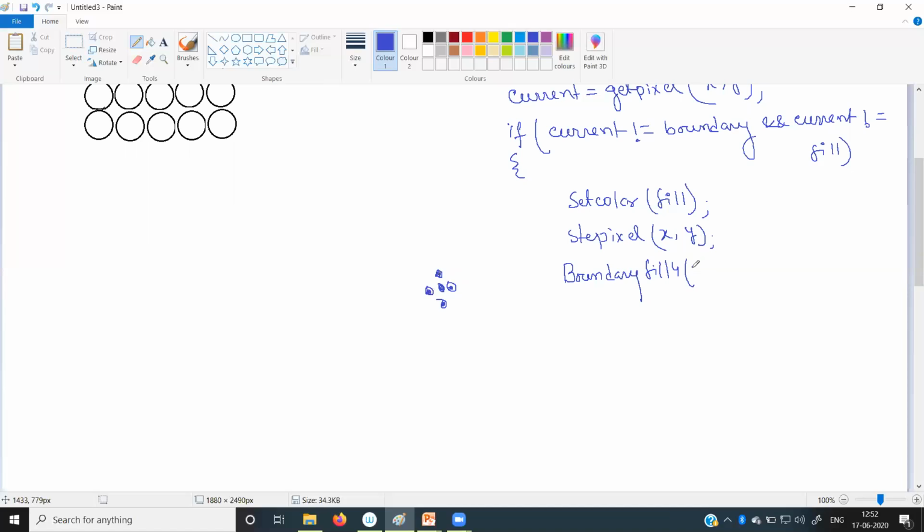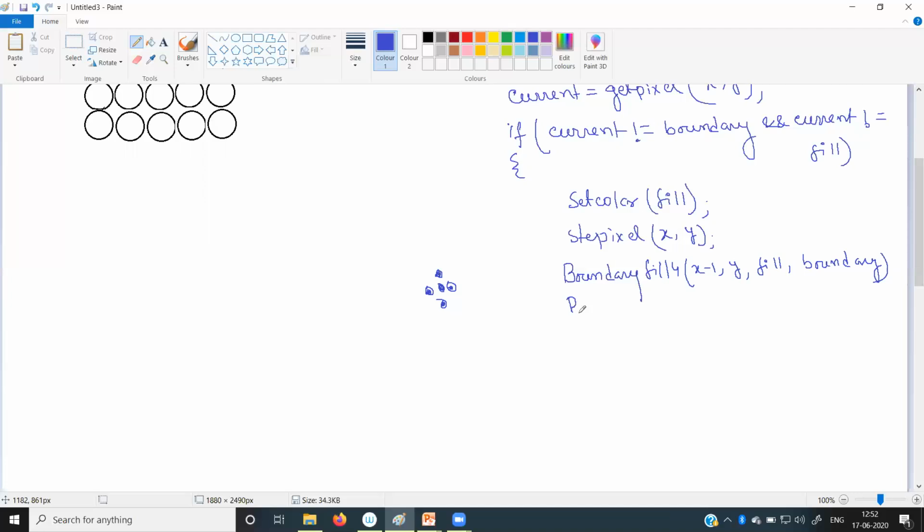So we will write first x minus 1, y. You can see there are four parameters: x minus 1, comma y, then we send the fill color, and along with that we send the boundary color also.